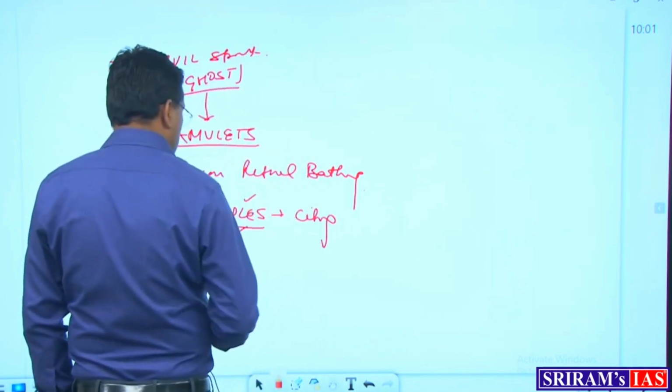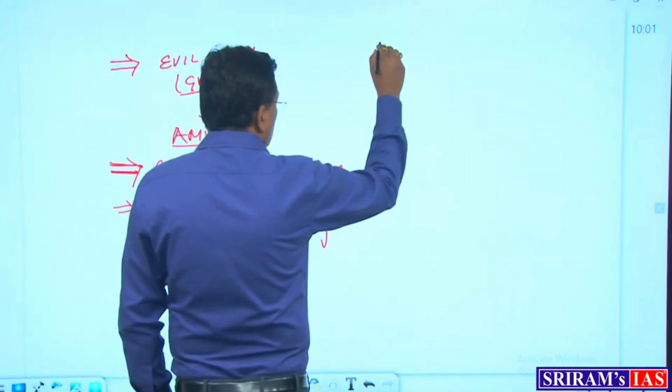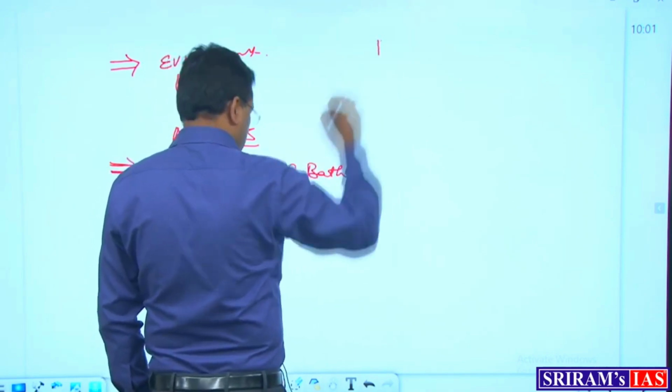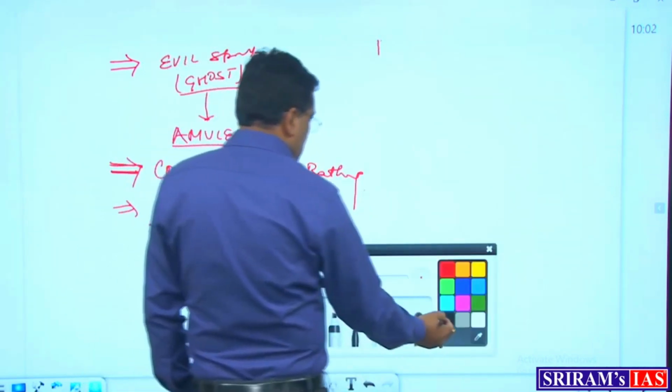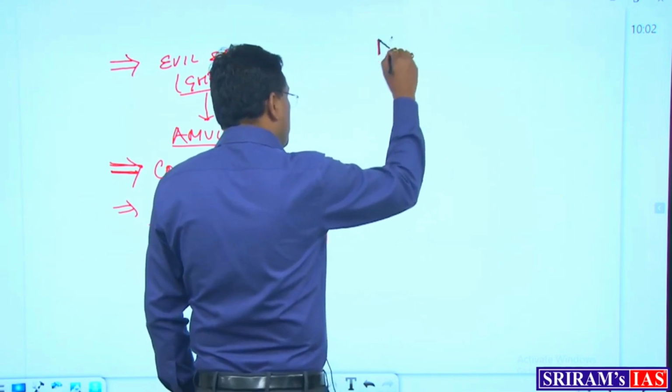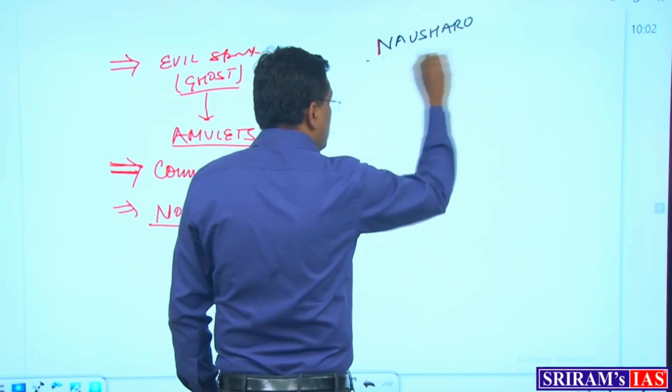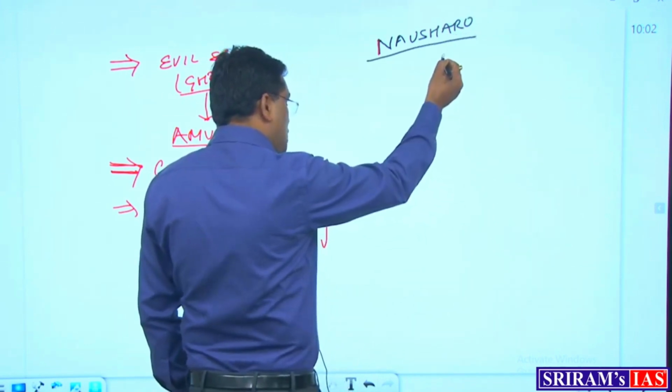Okay, common ritual bathing. There is a place in Pakistan, Nausharo. Nausharo is a Harappan site in Pakistan where we have found a statue of a woman